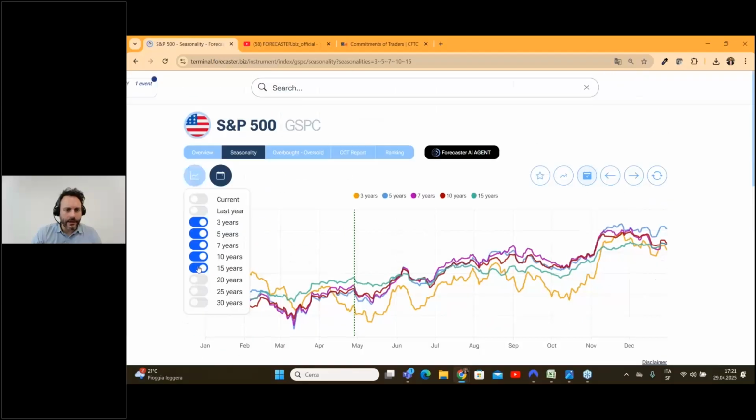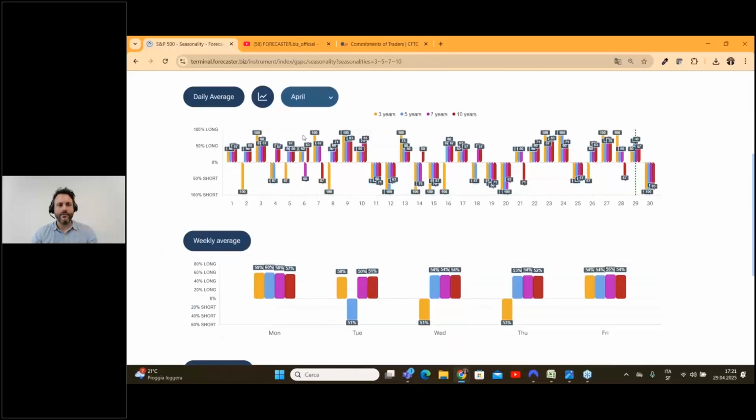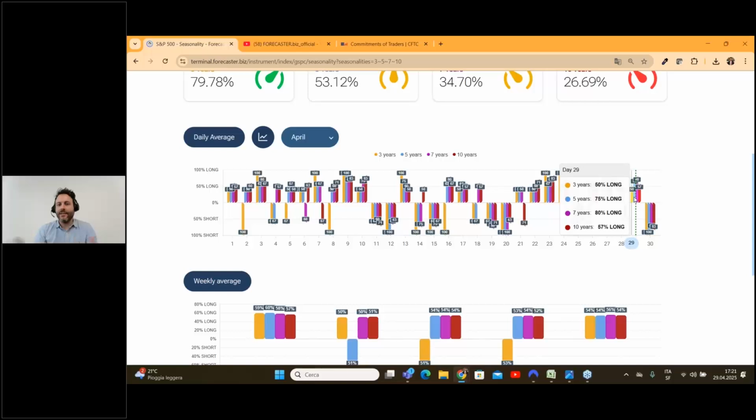Let's go here and switch off 15 years so we don't get confused. For example, now we are in April, on the 29th of April, and here you have the statistic for this specific date. If you go back 3 years, only 50% of the time was this specific day a long day. If you go back 5 years, on average,